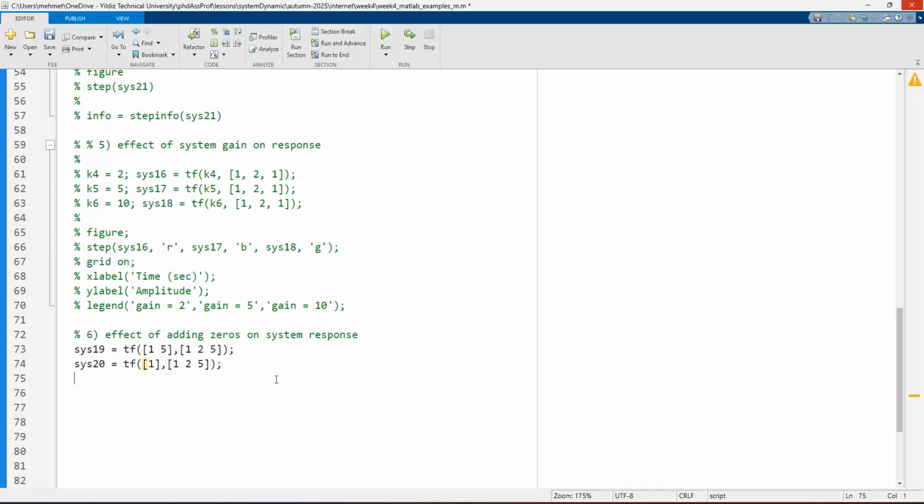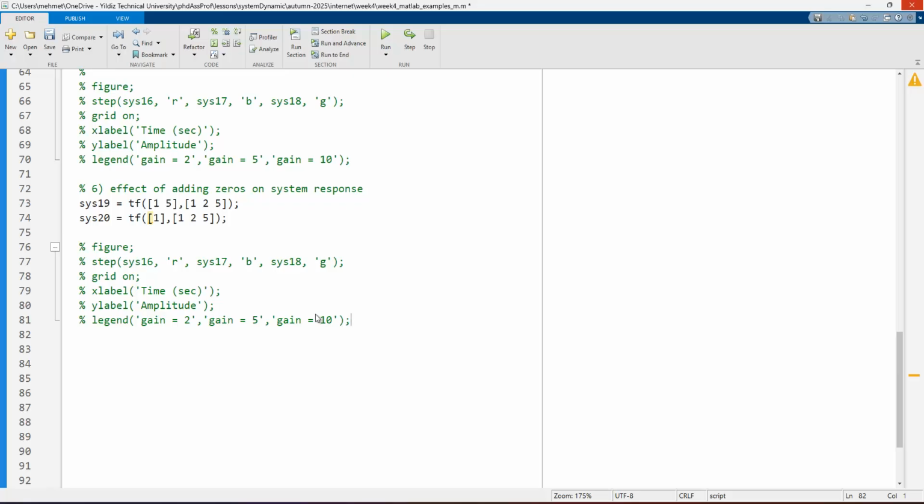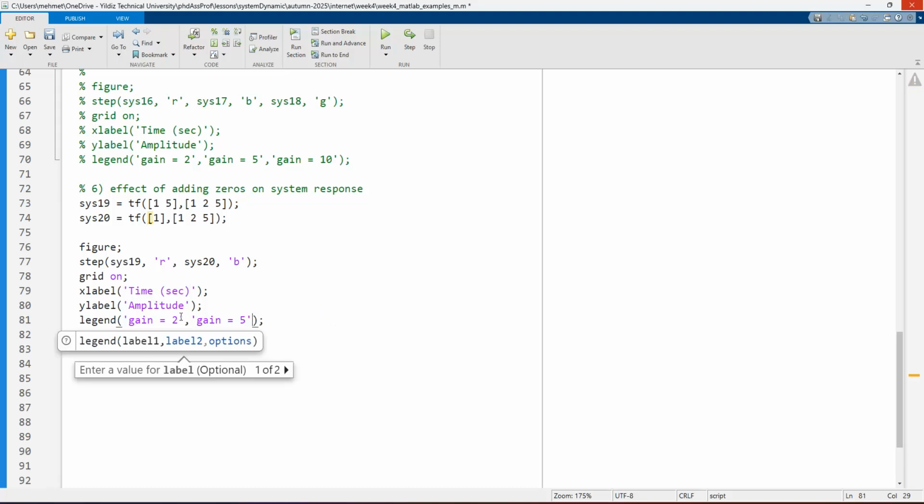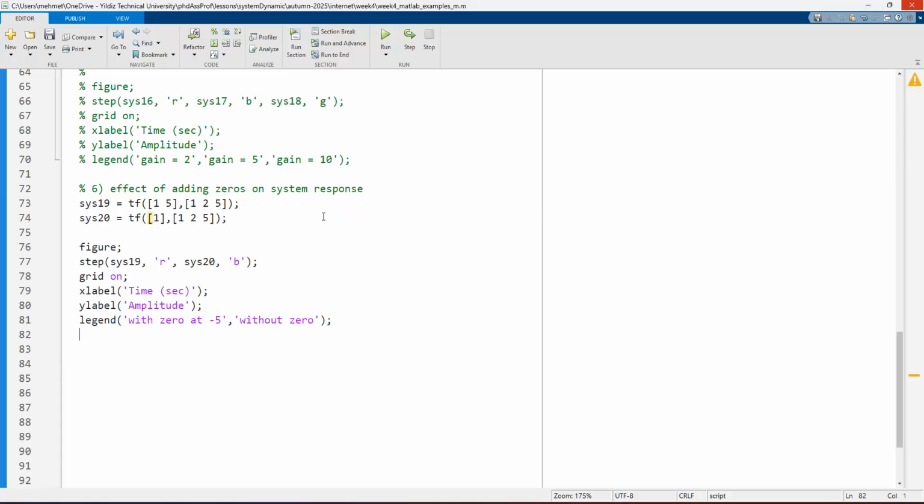And after that we can check these values, uncomment 19 and 20, grid on, and the first system is with a zero at -5 and the other is without a zero value. Okay,